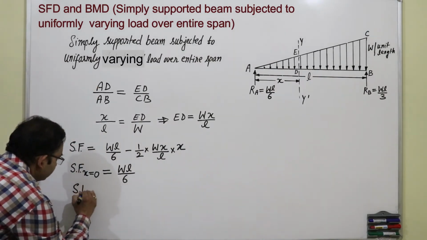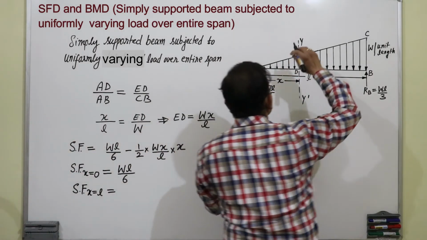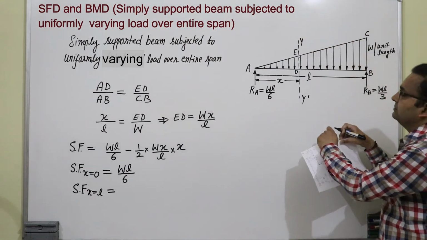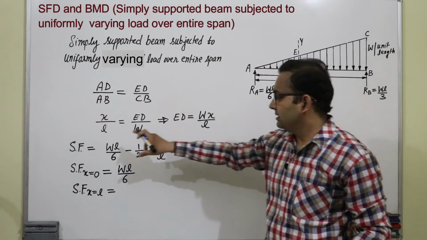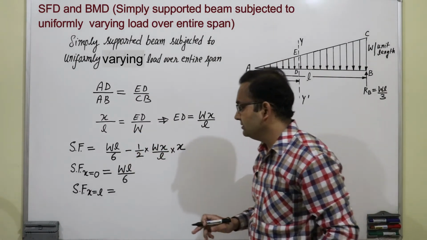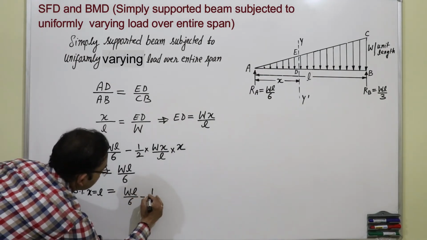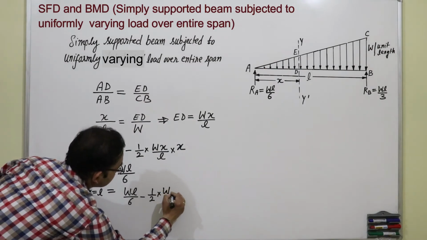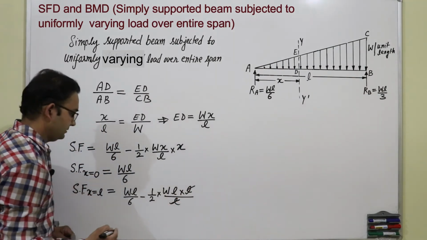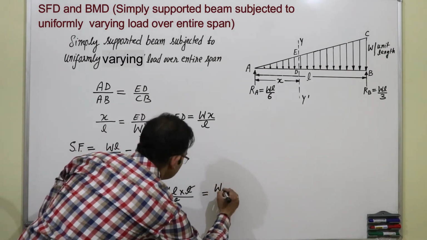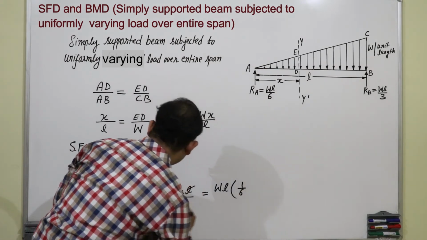And shear force at x equal to L. We will slide this section to this side. So, x will increase and x will become equal to L. So, this is general equation. We will keep x equal to L in this equation. WL by 6 minus half W L into L upon L. It will cancel L. So, it is WL is common, it is 1 by 6 minus 1 by 2